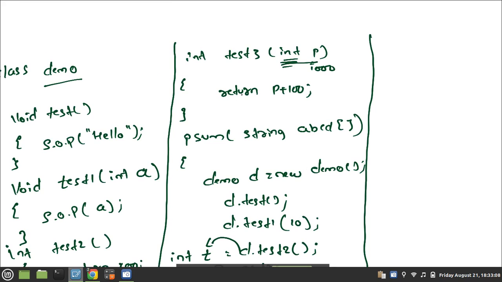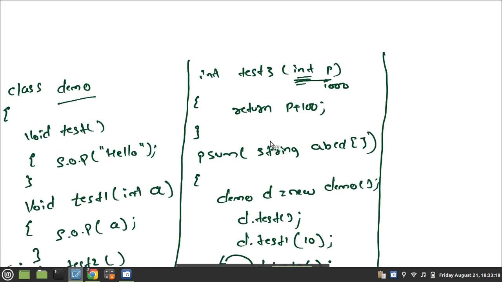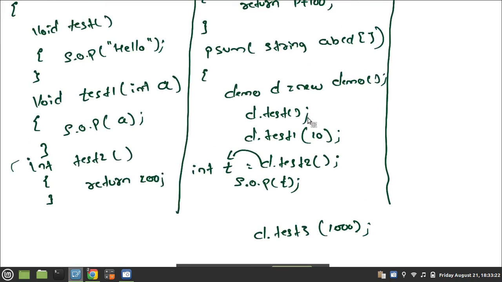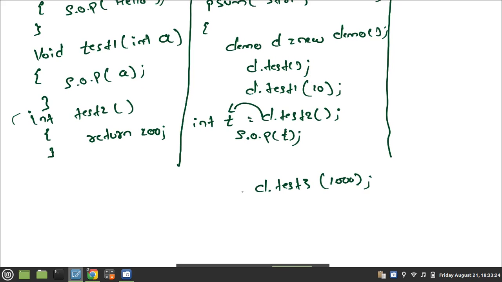So what am I returning? Return p plus 100. The p value is 1000, and 1000 plus 100 is 1100. The return type is integer. It is returning an integer, which means which type of variable is required here to store its value? Int.